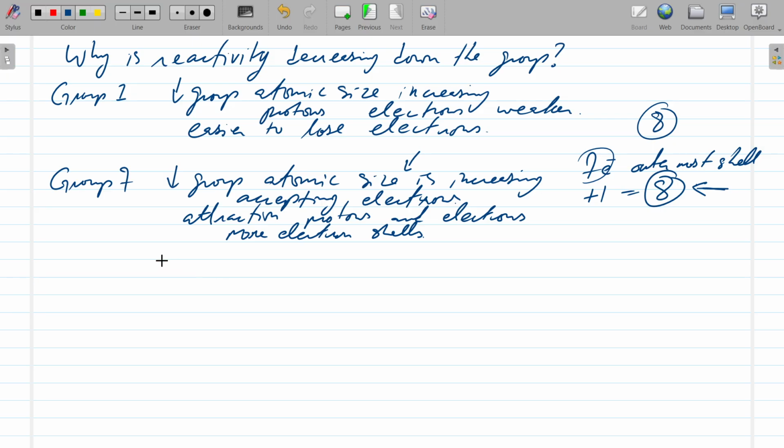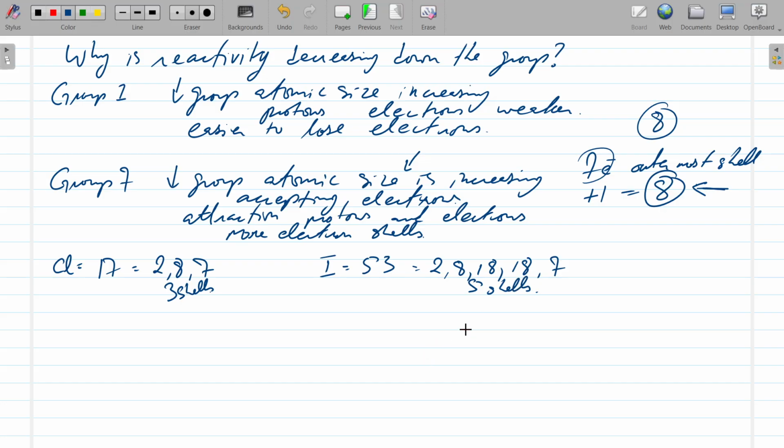In this case, chlorine has 17 electrons, and so the electronic configuration is 2, 8, 7, and it has 3 shells, whereas iodine has 53 electrons, and the electronic configuration for iodine is 2, 8, 18, 18, 7. That's 7 in the outer. You can see you've got 5 shells,